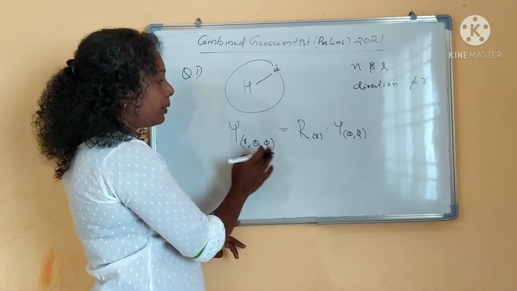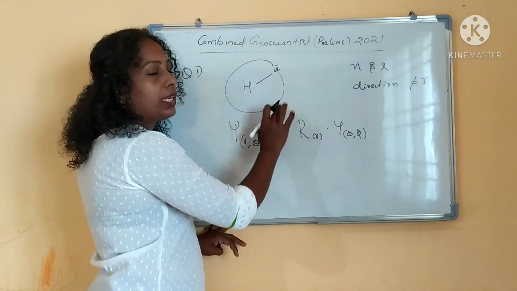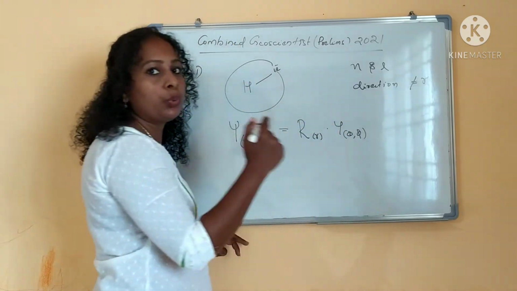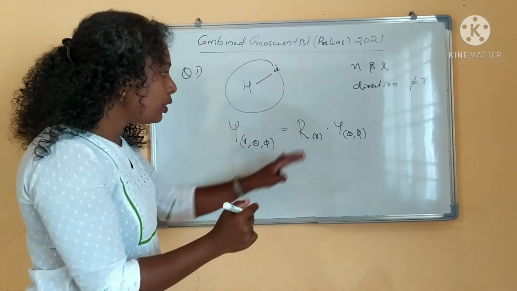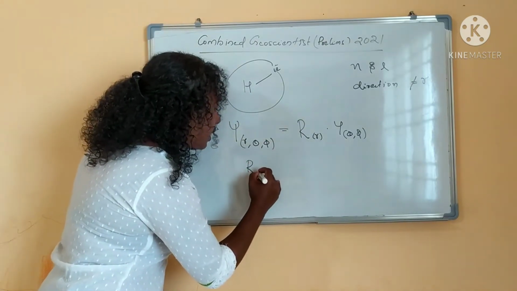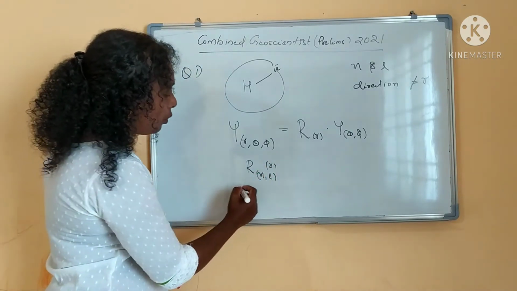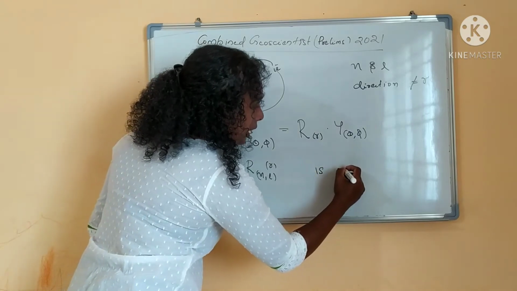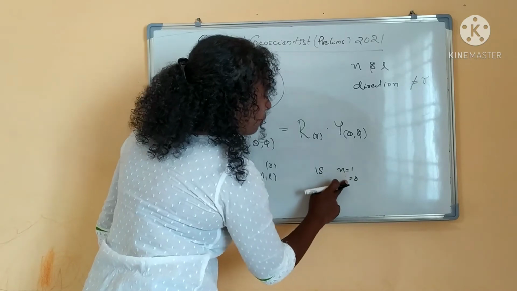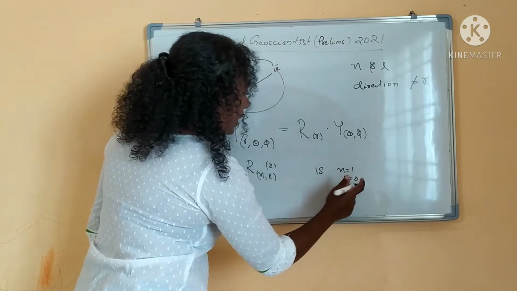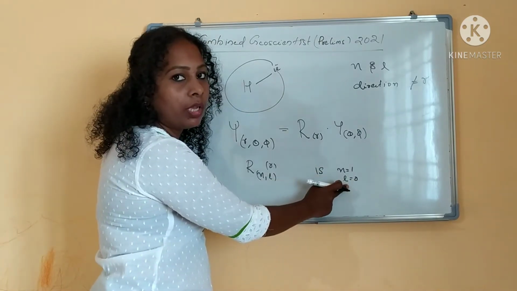So this wave function depends on these two factors. You have to solve this radial function as well as the spherical function to get the complete Schrodinger equation of a hydrogen atom. This radial function depends on the n and l value. What are the n and l values? For a 1s electron, the n value is equal to 1 and the l value is equal to 0. These are quantum numbers, right? The principal quantum number and the angular momentum quantum number.